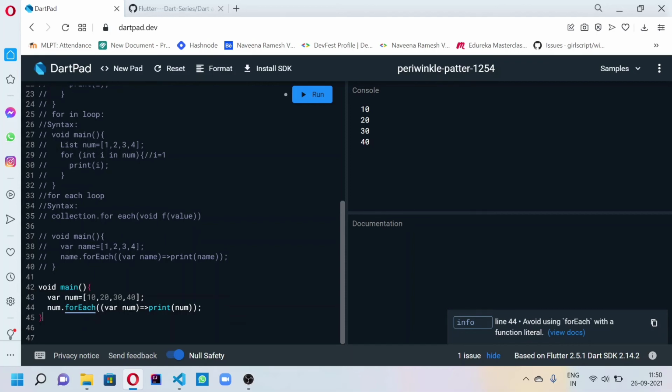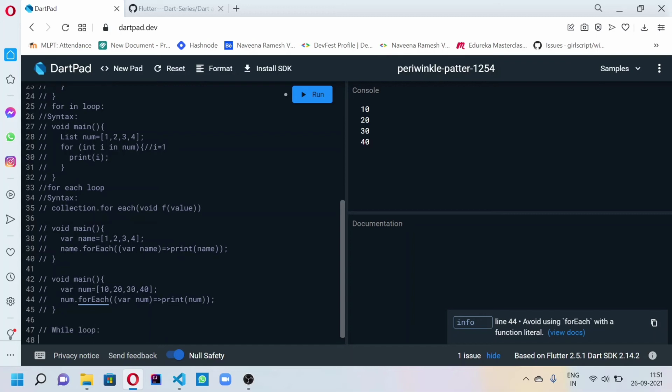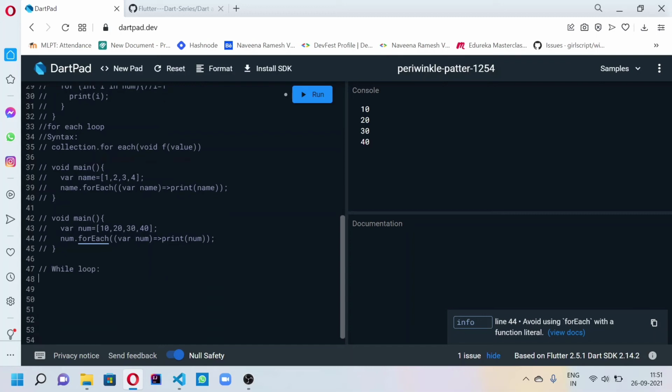Now we will go to while loop. While loops are used only when you don't know a certain limit to meet the condition. In that case, while loops are used. Mostly, many developers use while loops. Make sure you do not leave the loop into infinity, because if you have given any condition, it may fall into an infinite loop, which is a very big bug.